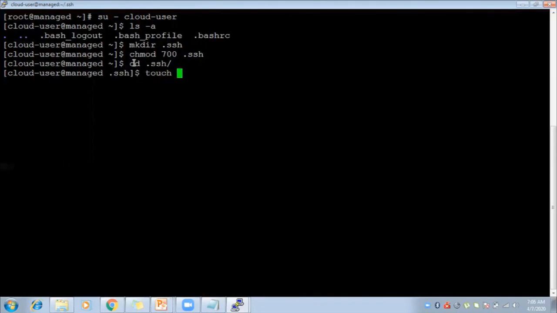In Linux, if you are creating any file, you have to give the touch command: touch authorized_keys. The permission should be 600.